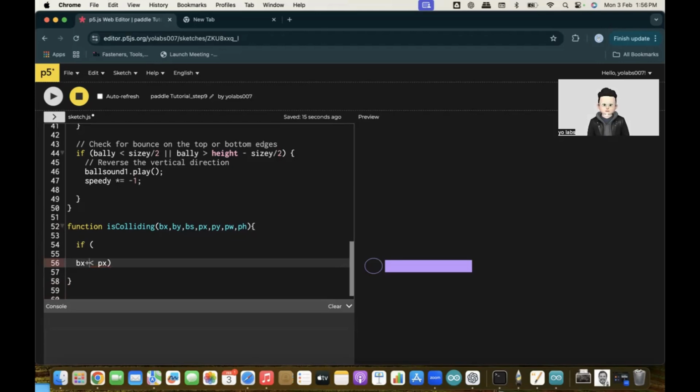plus bs, the size. Let's take the size as the radius of this. So bx plus bs is less than this. That means even this thing plus that extra size, if it is still less than px, then for sure it is not touching. Or, this is the or symbol, or we can do just the opposite. Just the opposite is, if bx is greater than